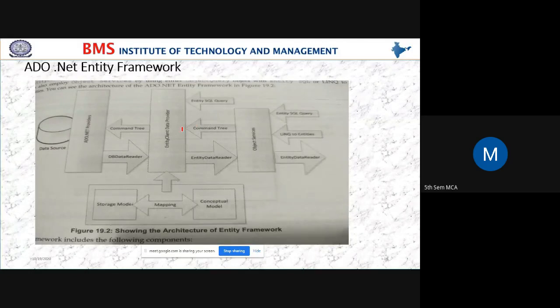This is the data source, this is the ADO.NET provider, command tree, DB data reader, entity client data provider, entity SQL query, command tree, entity data provider. Can you see the diagram? Yes, ma'am. This is the conceptual model. This is the storage model. See, this is a mapping between these two.